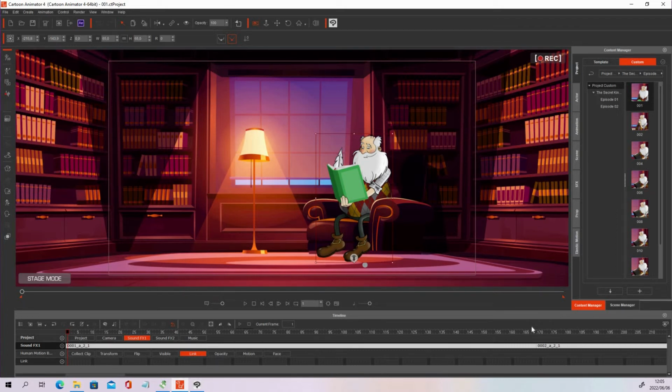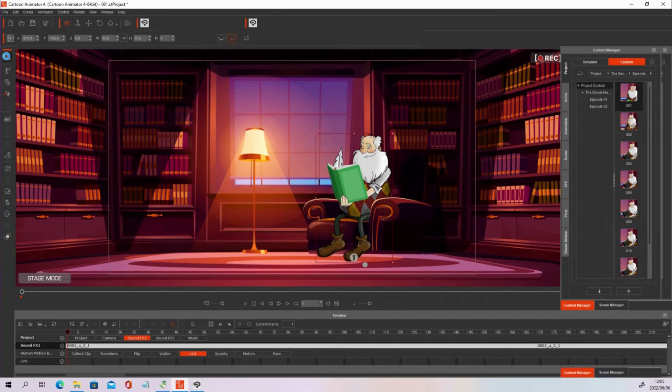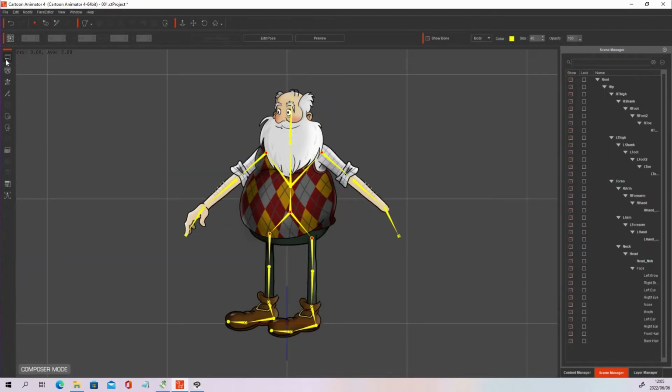So that's the first thing I did. And then what I like about this software is as I animate and I need new sprites, for instance, hand sprites or eye sprites or eyebrow or any mouth sprites, anything that I maybe require in my animation, I can always